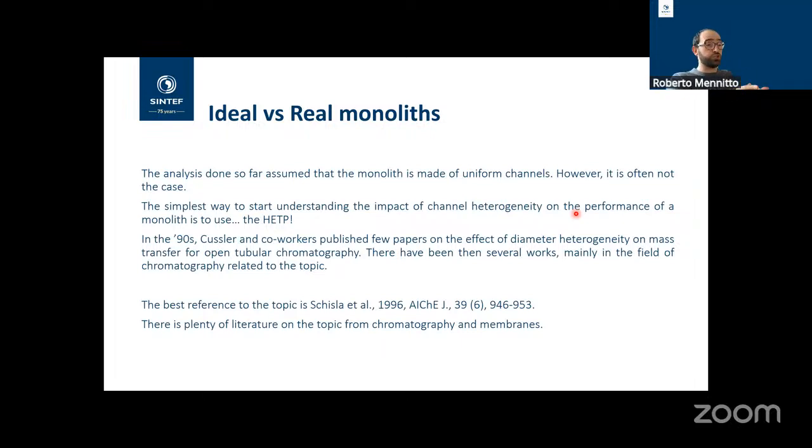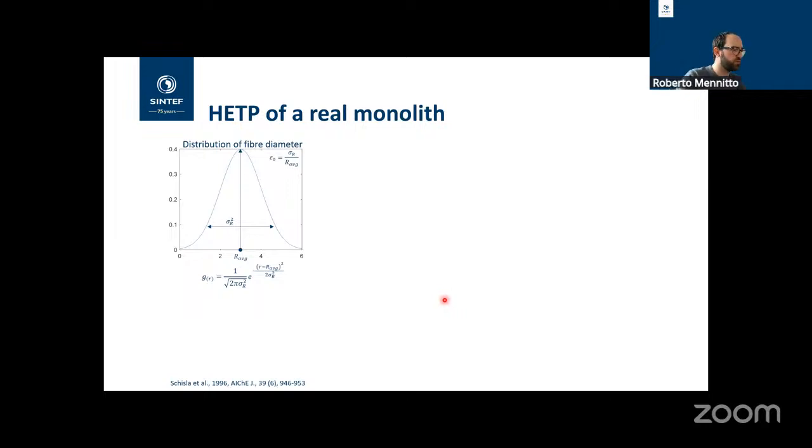Again, we look at the literature. And there is beautiful work done by Kassler and co-workers in the early 90s, looking at the same problem for a bundle of hollow fibers for chromatography. And in my opinion, the best reference on the topic is this one from Schisler that really beautifully explains the problem. So what they do, basically, they say, okay, we have an arrangement of channels that are circular, so hollow fibers,